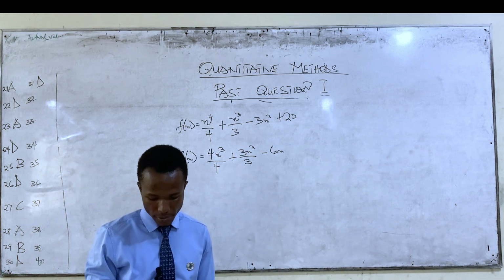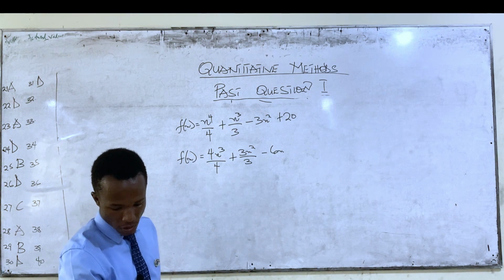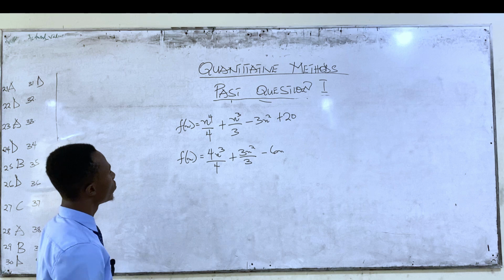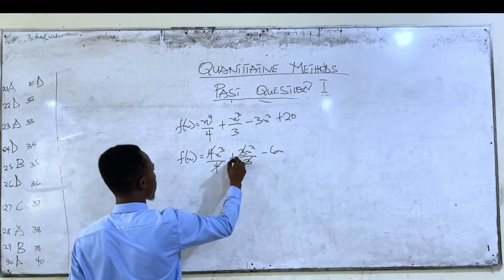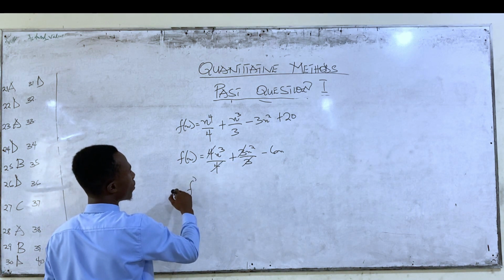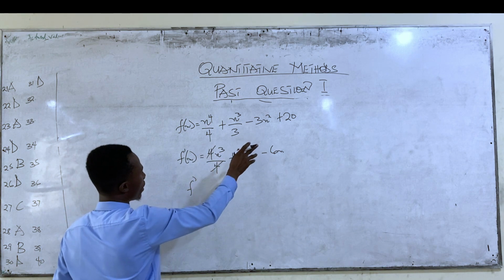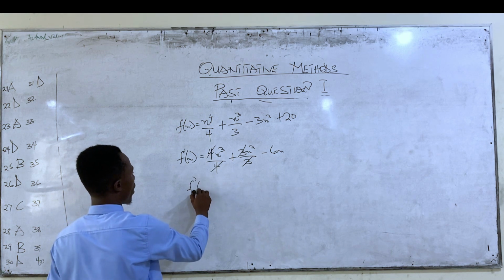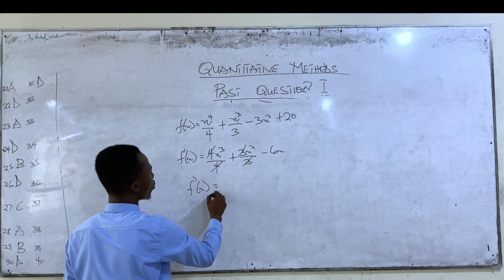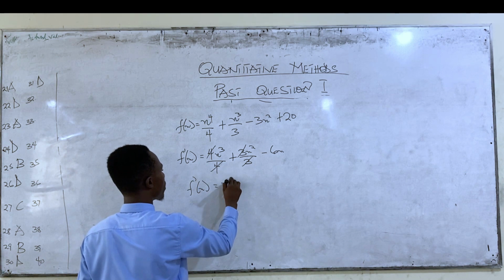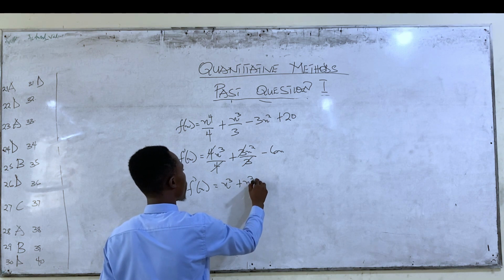That is all. Then the 4 will cancel the 4 here, and the 3 will cancel the 3 here. So our f prime of x is equal to x cubed plus x squared minus